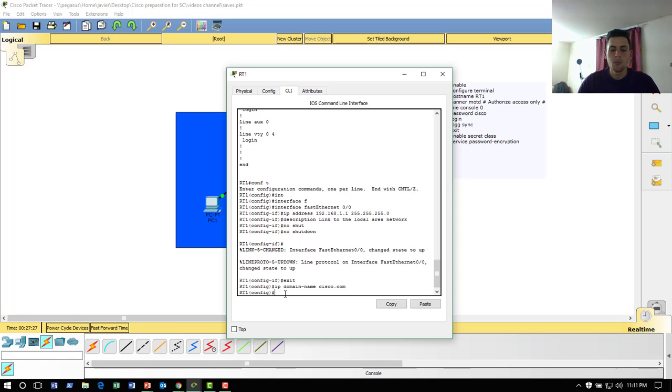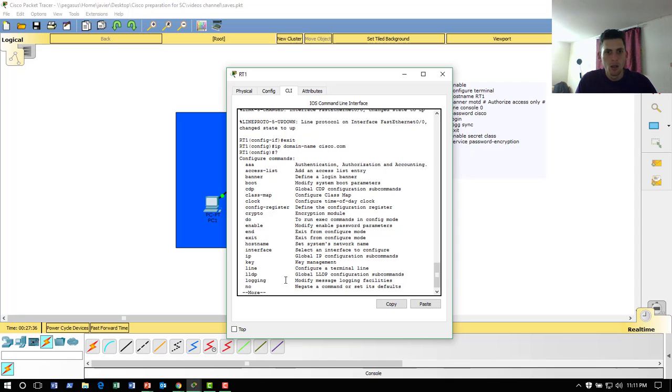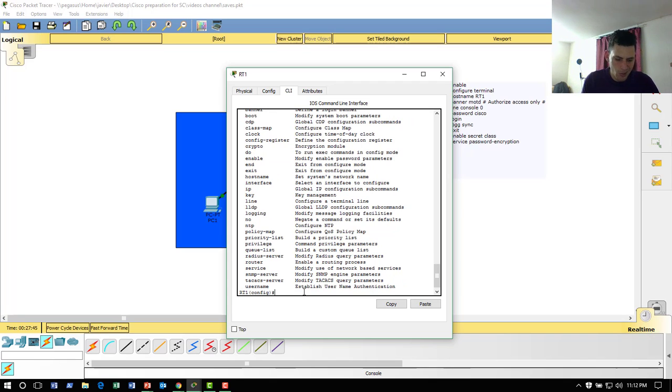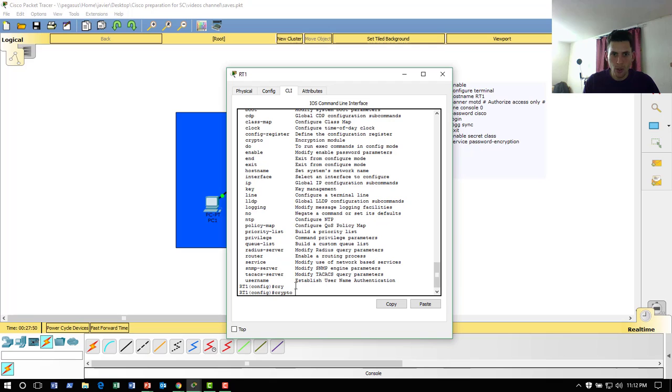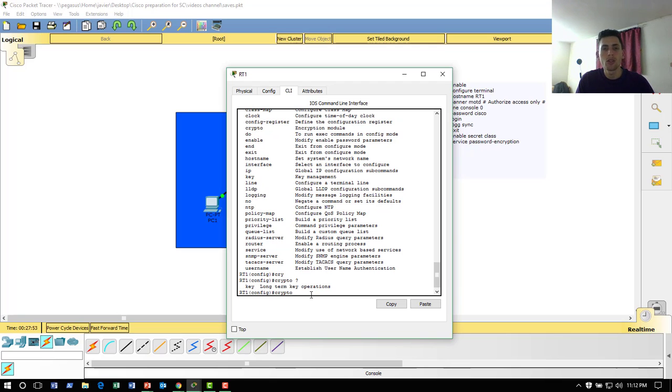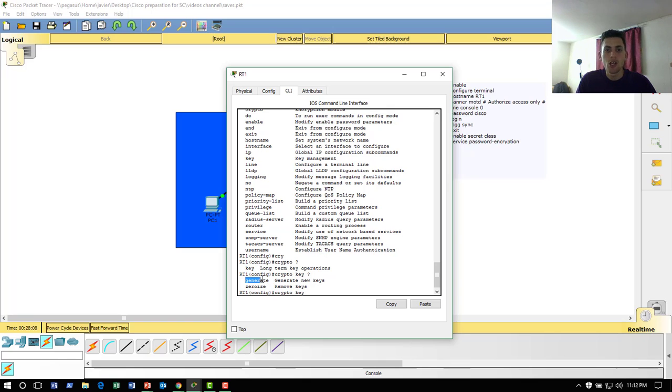Okay, so after that we need to generate an encryption key. To do so, we're gonna use the help right here. We're gonna come here, there's a command that says crypto, and it is encryption module. So we're gonna try to use that because it's the only one that says something about encryption here. So we're gonna use crypto, and then we're gonna use the help again, and then we see that one of the next commands you can use with crypto will be key. So we're gonna say crypto key, and then we're gonna use the help again, and then there is a generate